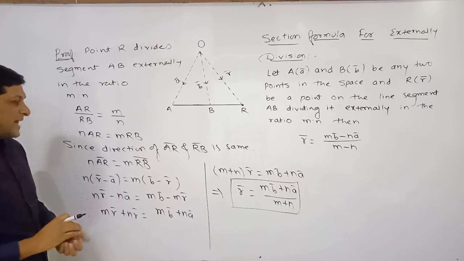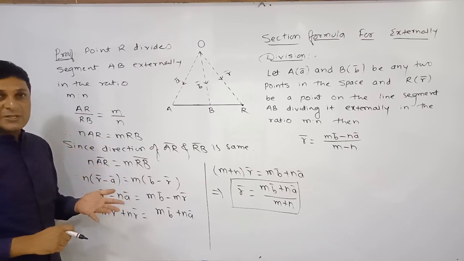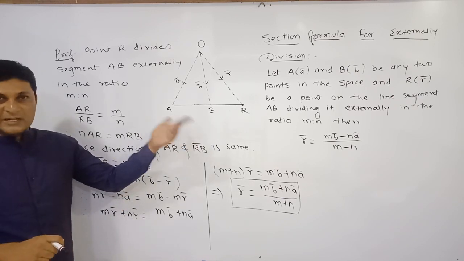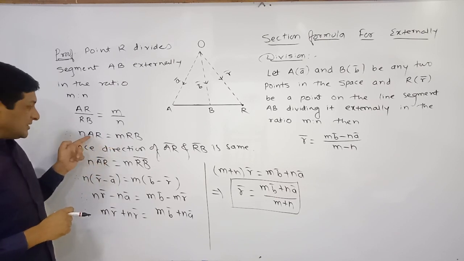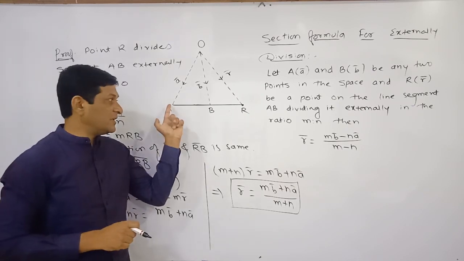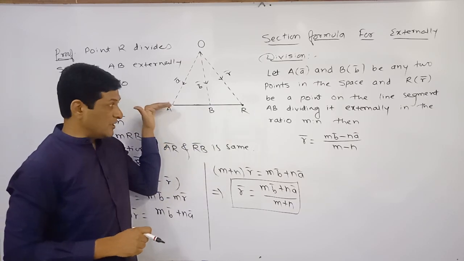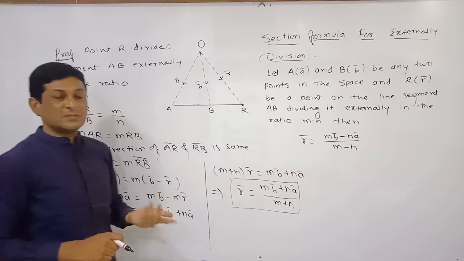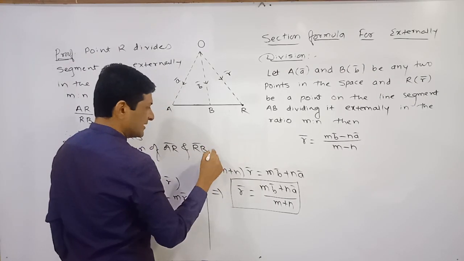But here if you observe the direction, the magnitudes of both sides are equal. Now we are observing direction because we have to convert this expression in terms of vectors, because we are studying vectors and our required result is also in terms of vectors. So magnitudes are equal. Now the direction of AR bar and RB bar: observe this figure very carefully. This is the direction of AR bar and the direction of RB bar is opposite. These two vectors AR bar and RB bar are in opposite directions.